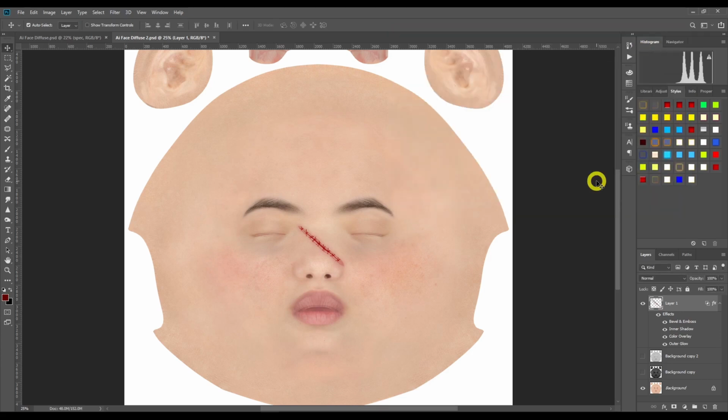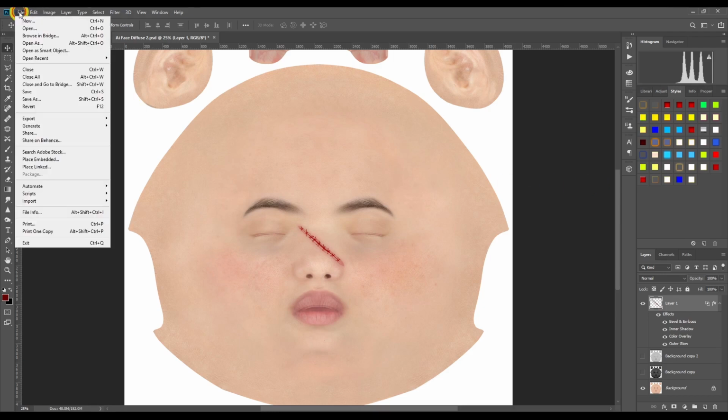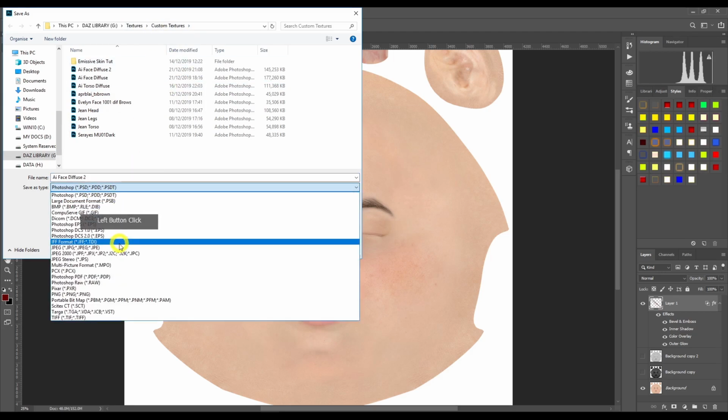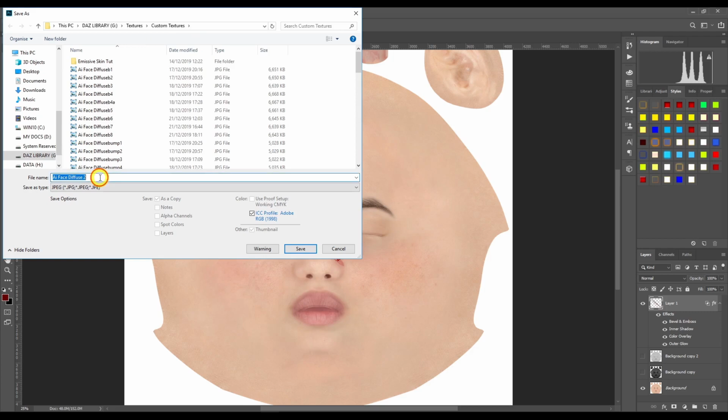So we click OK. That's really good. Happy with that. Now we need to save the file. So we go to File, Save As. And I'm going to save my custom textures. And I'm going to save it as a JPEG. It's a JPEG and AI diffuse 2. And I'm just going to call it